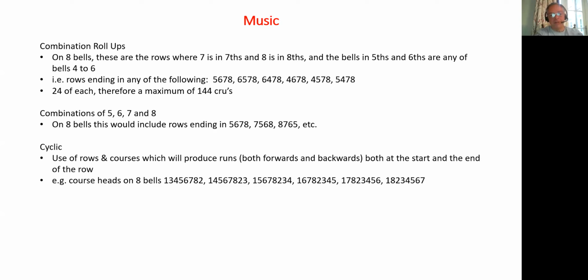Much more common nowadays is cyclic music. This is where we're trying to use a combination of rows and courses which will produce runs going forwards and backwards at the start and the end of the row. So if you use the course heads listed here on 8 bells,